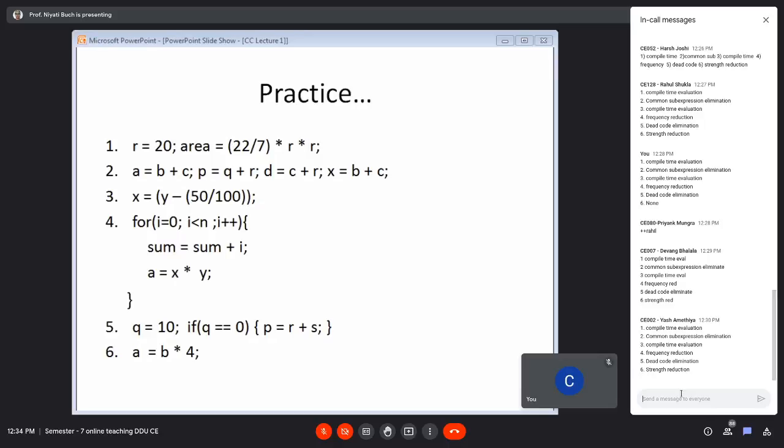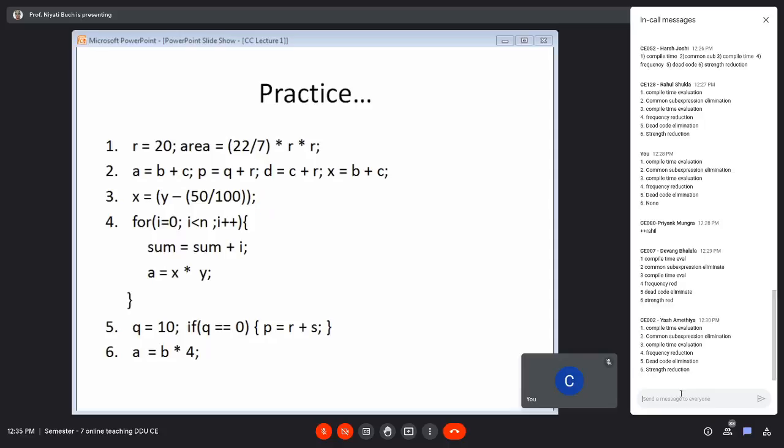Over here we have only one statement, but if there are a bunch of statements, none of them will get executed. So that is our dead code, which is never going to get executed, and it can be eliminated at compile time. So in the fifth one, it has correctly been identified as dead code elimination.